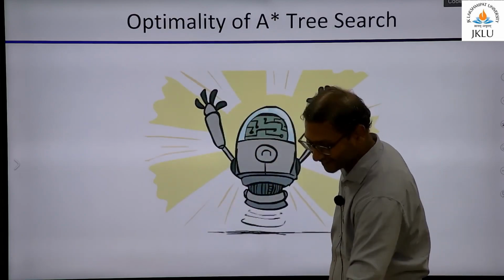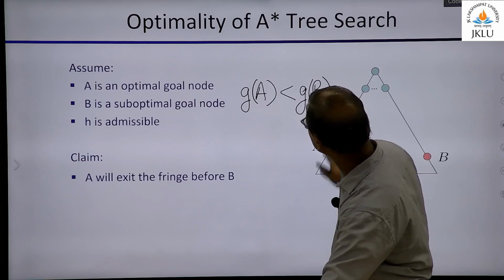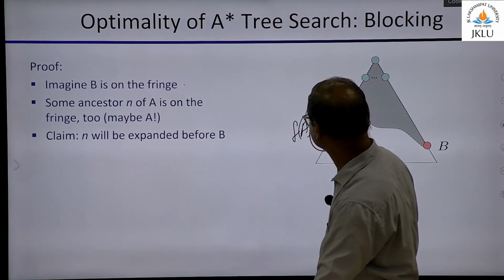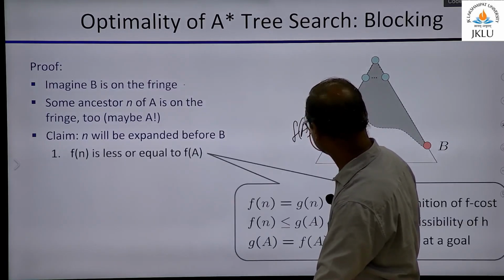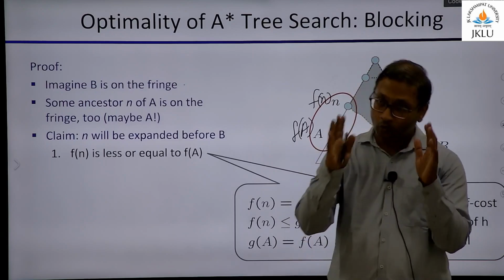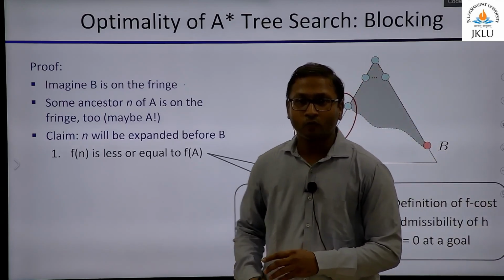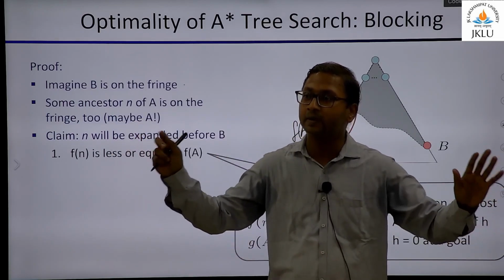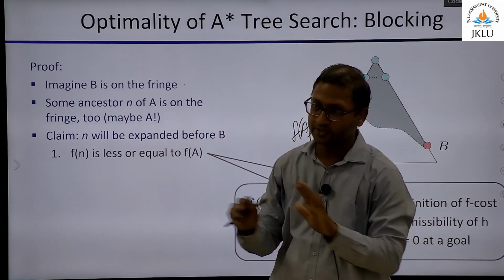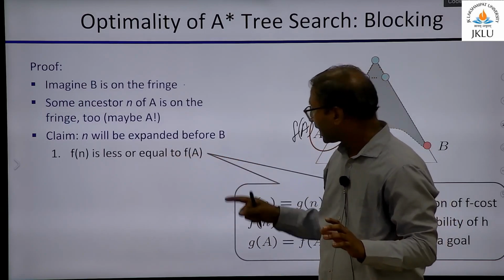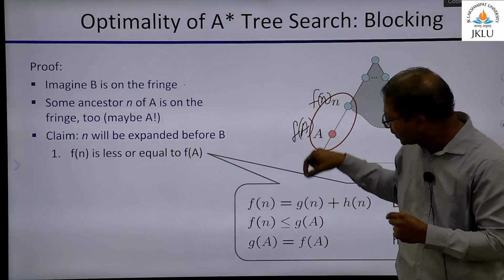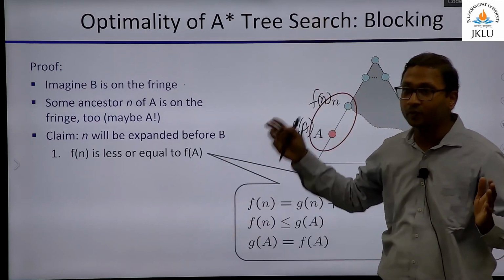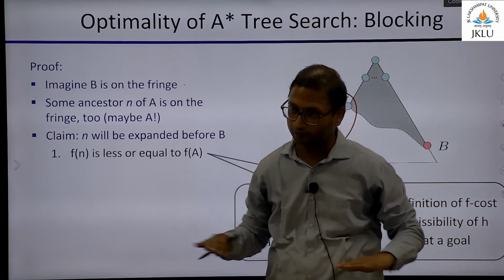चलो next. So we talked about the optimality of A star. We talked about this proof. Any questions here? Go through this, okay? While I will not ask you, this question is not coming in the exam that write proof for optimality of A star, right? But I might ask you some logical argument that makes use of some of this. So you should understand the argument rather than mugging up the whole proof.